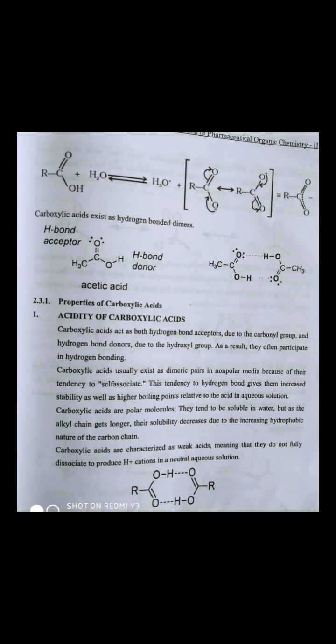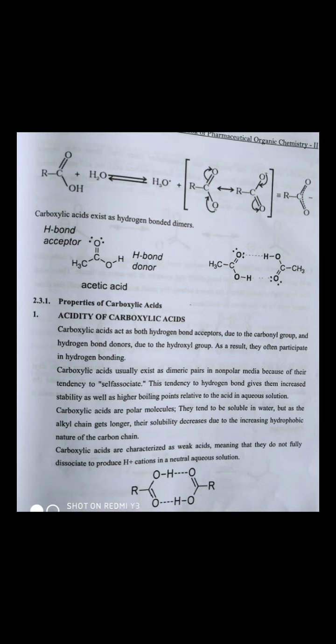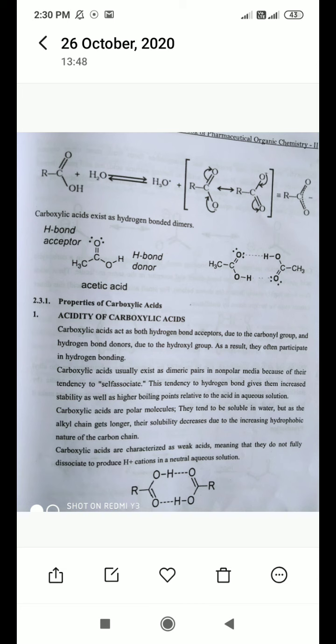Next, what about non-polar in nature? For example, acetic acid we can say is polar, but if the CH3 carbon is replaced with a 9 carbon atom chain, that is nonane, like octane and decane, which are derivatives of alkane. If the compound has a 10 carbon chain, then it is decane; nonane is a 9 carbon chain. So instead of the methyl group, if the methyl is replaced with a 9 carbon atom chain, the compound becomes non-polar in nature.